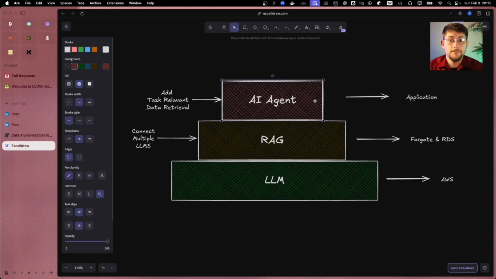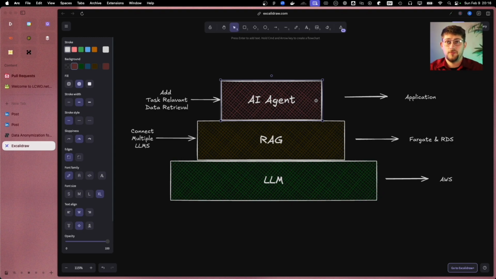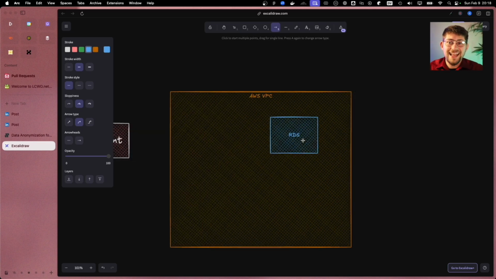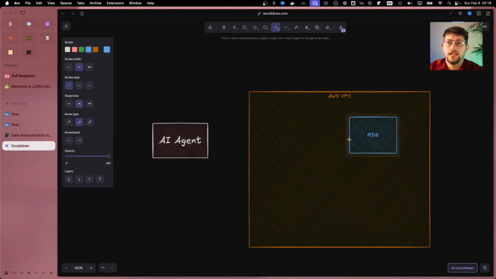One of the things that makes it an agent is that it has data. It has this extra data that enhances what it does. So an AI agent is a RAG or LLM system that has the ability to do augmented data retrieval. So let's set this up. With this AI agent, essentially, it has the ability to not only go in and read the database system or Excel or whatever else, it can also write to it.